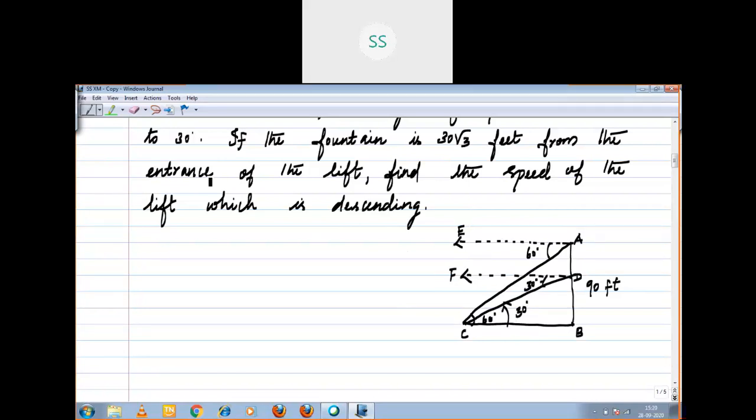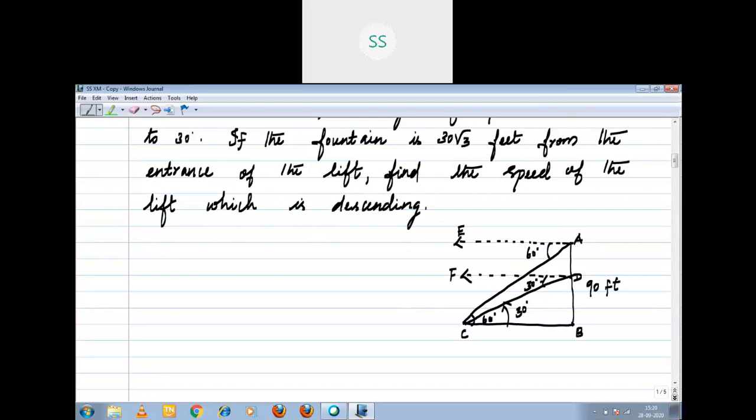The statement I converted into the diagram. That's it. Afterwards, the solution part is easy. First, you should understand the question. You convert it into the diagram. Once your diagram is exactly correct, the rest of the things are easy to solve.